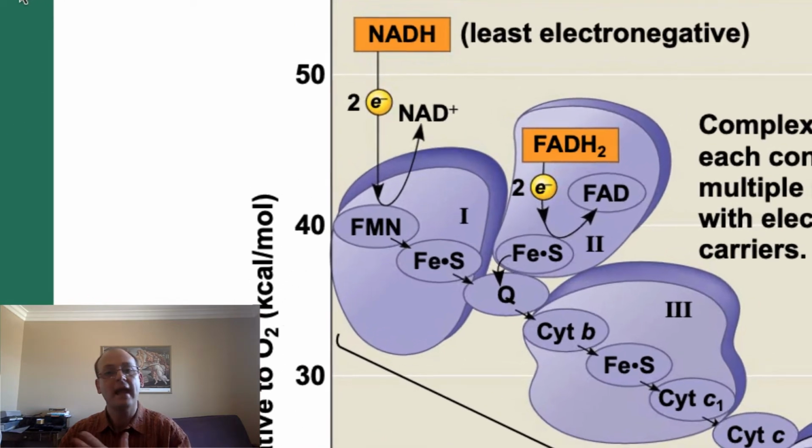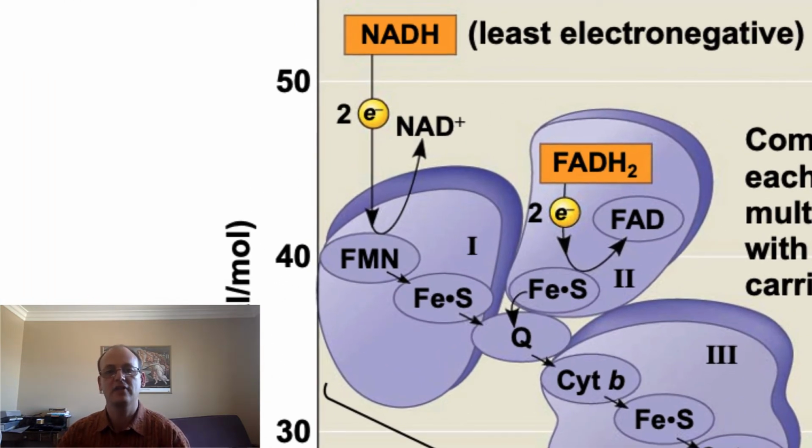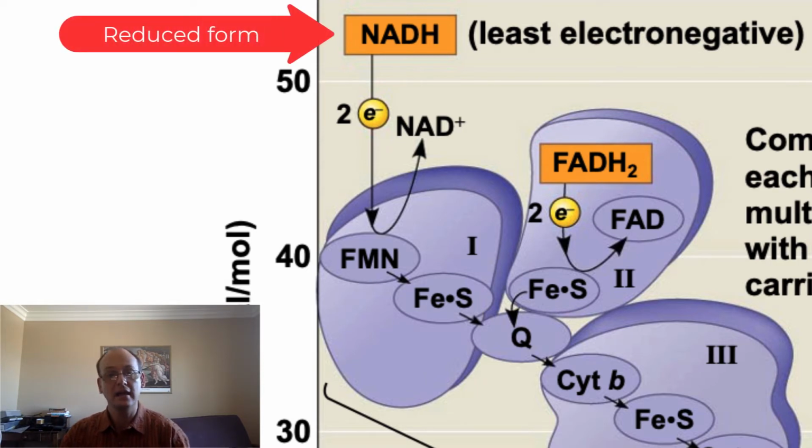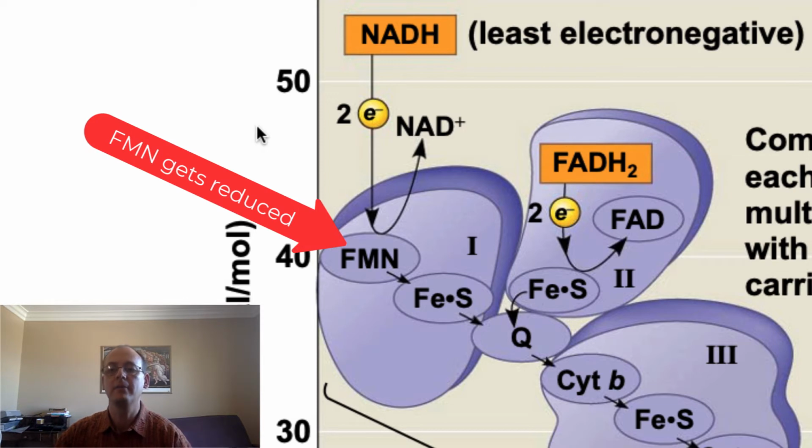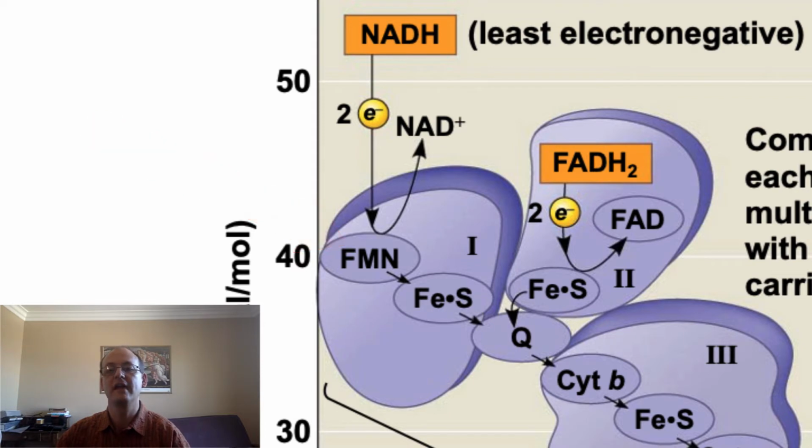At the front end, NADH delivers its high-energy electrons to the molecule FMN. FMN accepts the electron because it's more electronegative than NADH. And in the process, NADH becomes oxidized. That is, it loses its electron and becomes NAD+. By accepting the electron, FMN becomes temporarily reduced, and it passes the electron on to the next protein in the chain, which is slightly more electronegative, at which point it returns to its oxidized form.